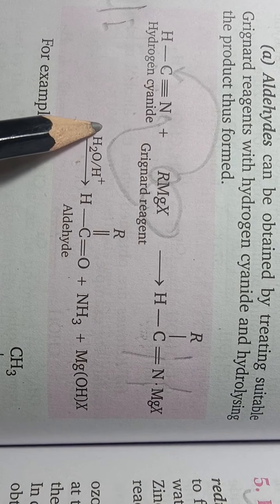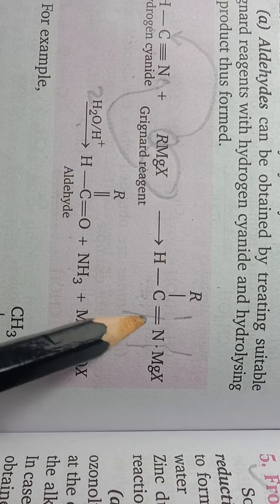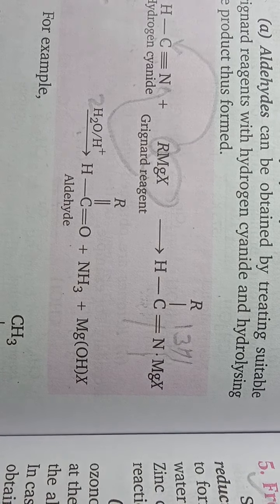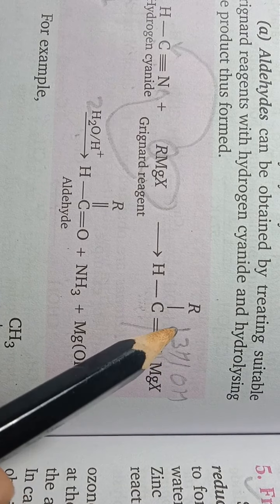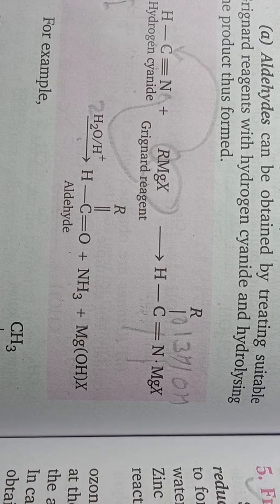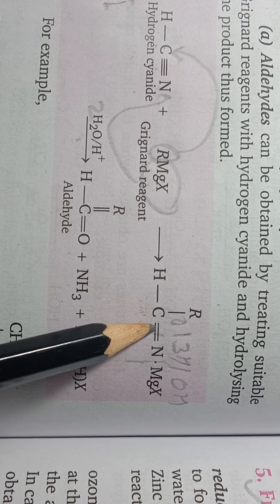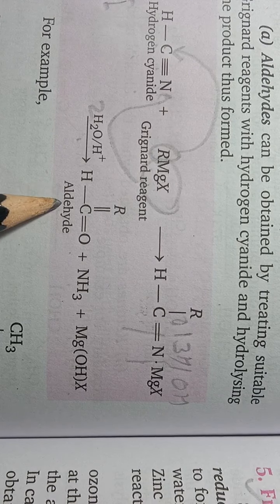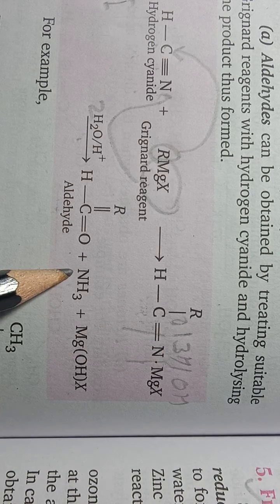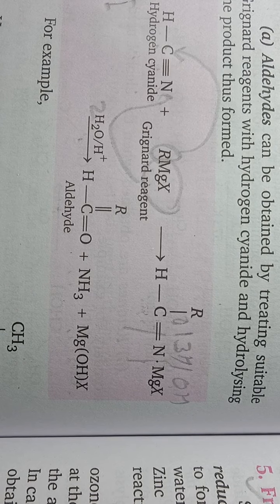Okay, and you are going to use here 2 molecules of water. So out of 2 molecules of water, you will write these 2 molecules here in the form of 3H, OH and O. Okay students, so this O will join to this doubly bonded carbon atom and you will get your related aldehyde. Then N and 3H will form NH3 and MgX with OH will form MgOHX.